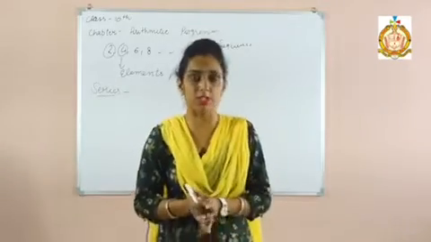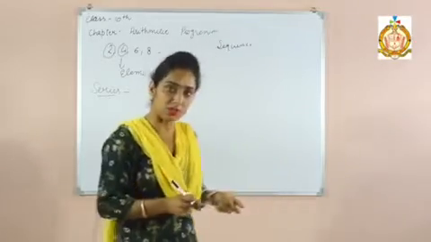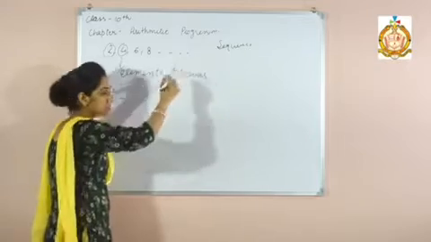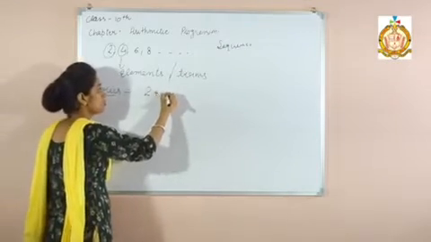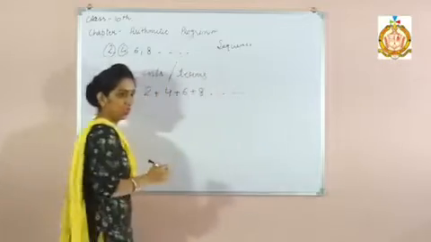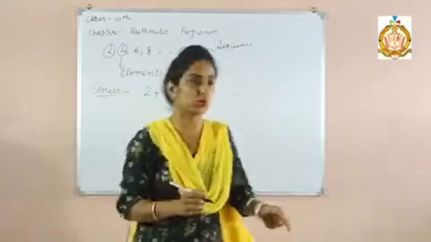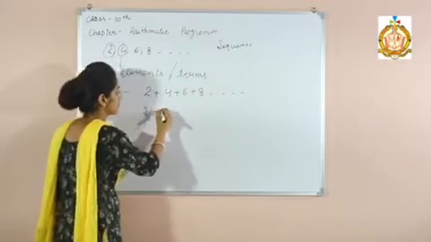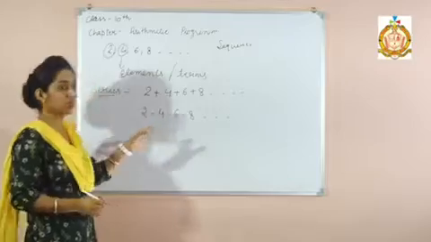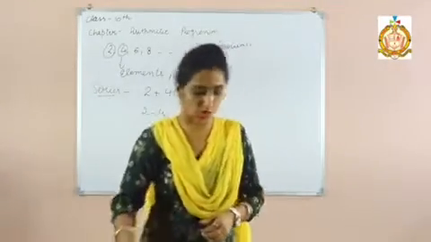When the numbers in a sequence are connected with a positive sign or a negative sign. For example, this is a sequence, and when we write it as 2 plus 4 plus 6 plus 8 up to so on, then this is a series. We can also use a negative sign: 2 minus 4 minus 6 minus 8 up to so on. When we connect the sequence with a sign, then it is called the series.